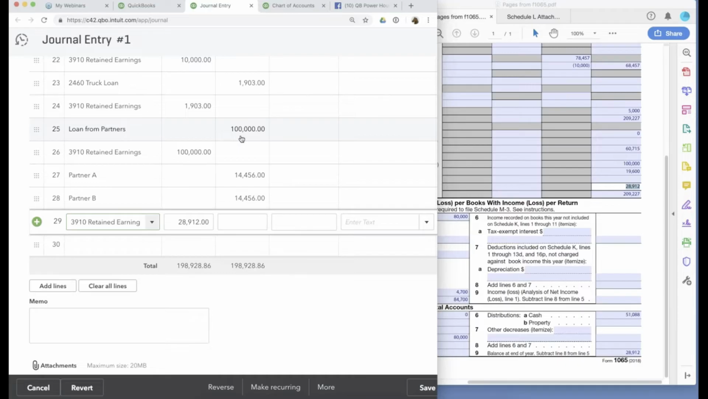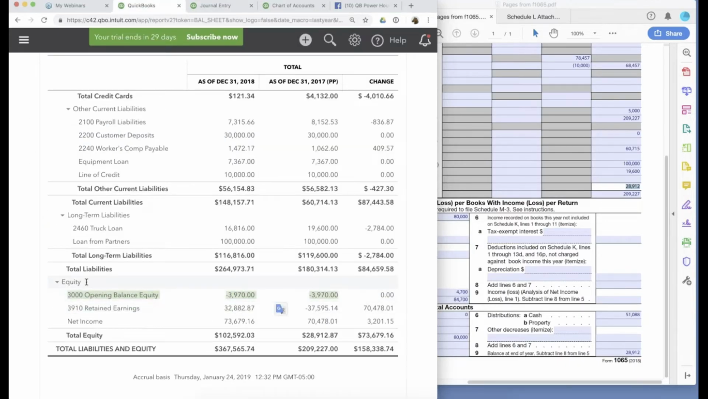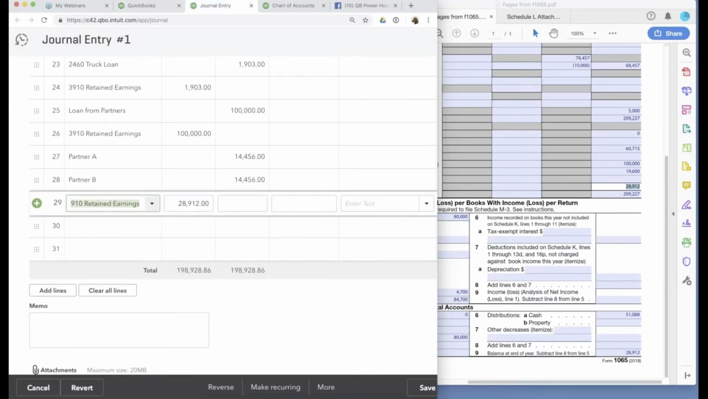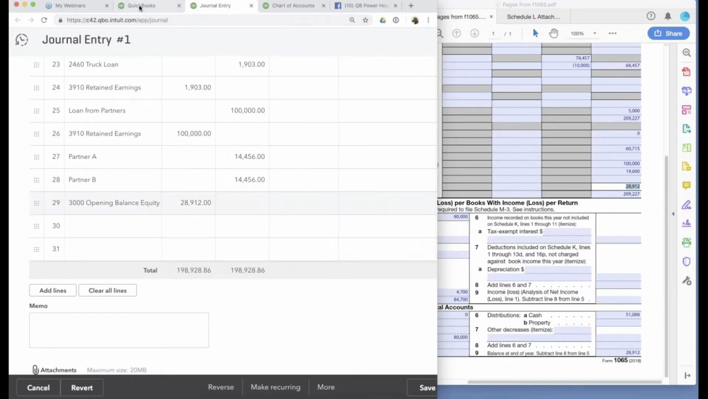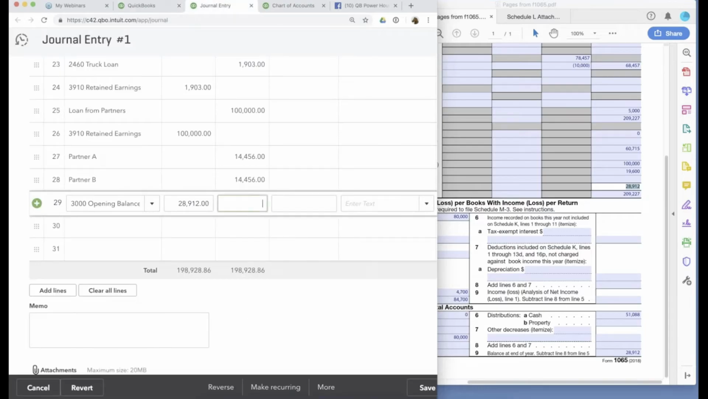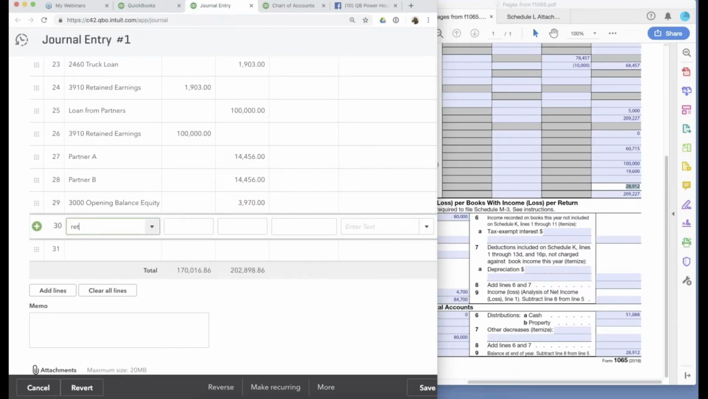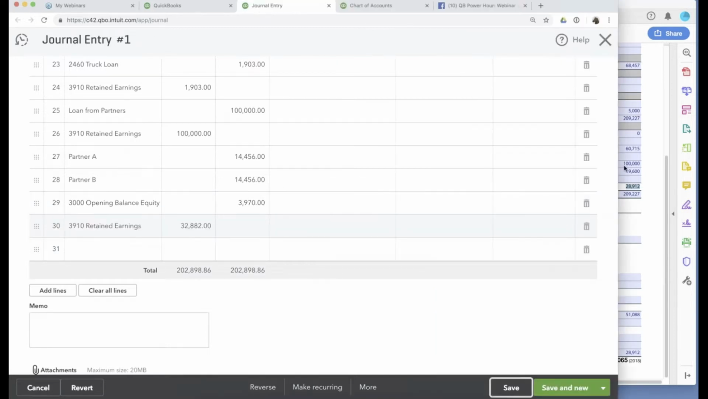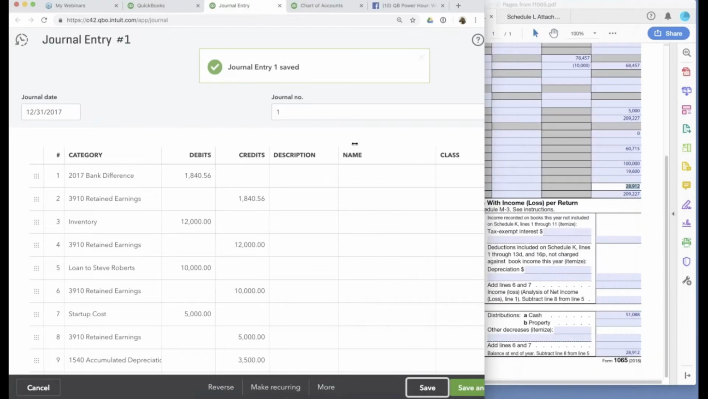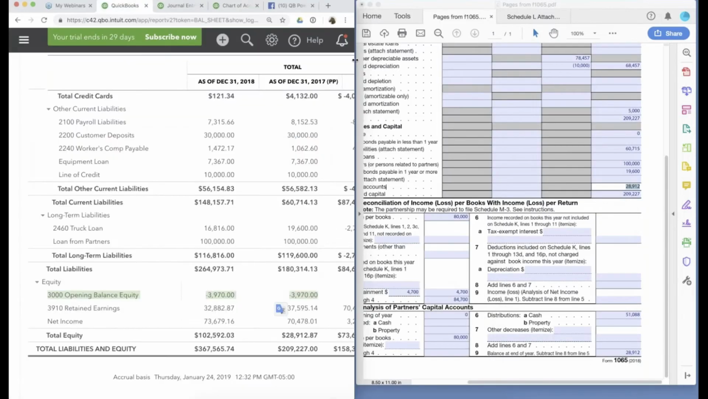But there's also one more thing, which is this opening balance equity account. So I'm also going to adjust opening balance equity against retained earnings as well. So let's do it here. Opening balance equity, and that was 3970. So 3970, and then the difference goes to retained earnings, because that will be the last one that we're cleaning up. So I'll go ahead and click on save, and that should get my balance sheet 100% matching the